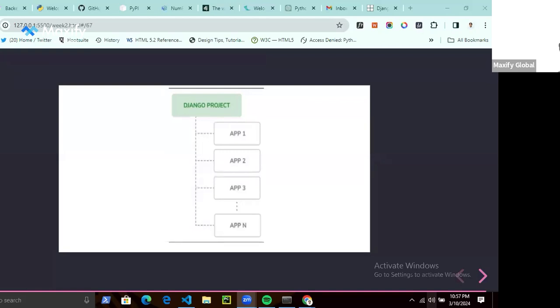There's a friend of mine that called me last week. He wants to build a platform where lesson teachers and parents can come on the platform. He's a WordPress developer, but he cannot build that kind of platform because he doesn't know how to write code, because he doesn't know Django. So he had to reach out to me and ask me. I told him, yes, I can build it.